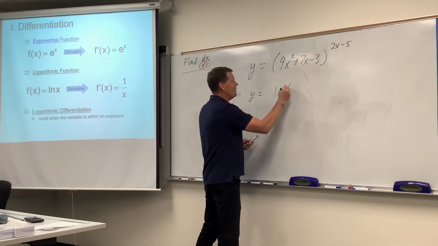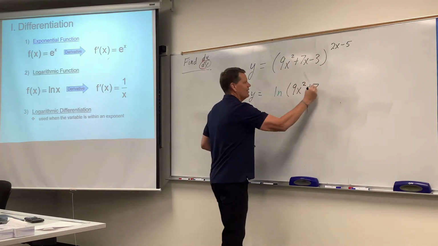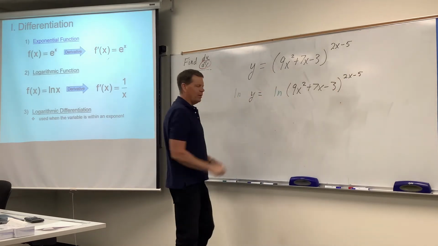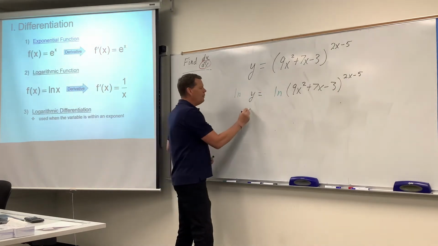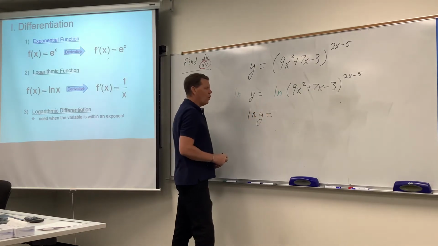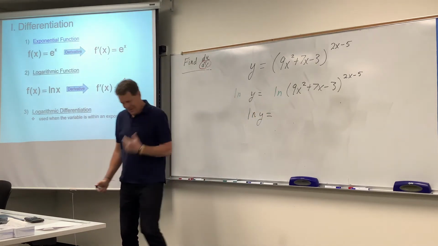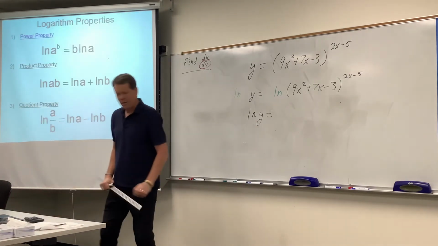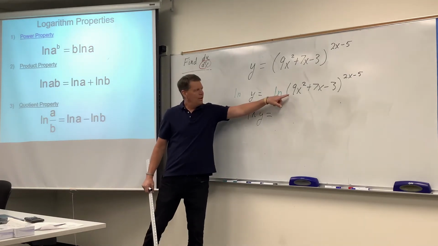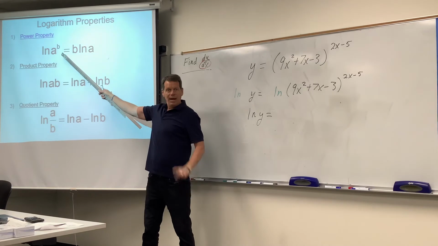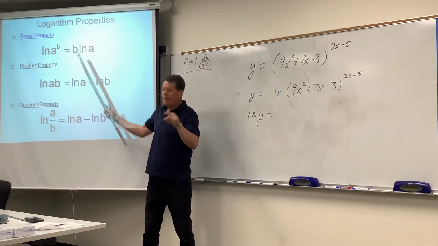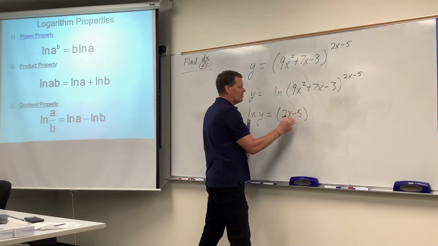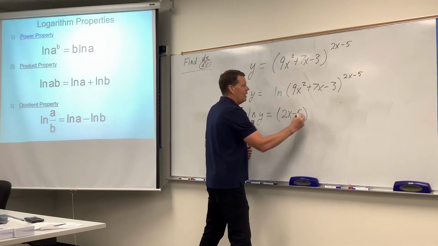I don't know, every time I see this I think, how ingenious. Because this person was obviously thinking ahead when they thought, what would happen if we applied natural log to both sides? Well, the left-hand side would remain natural log y, but the right-hand side, and this again is where I think the ingenuity came into play, this person goes, you know what? If you apply a natural log over there, you're going to have something to a power. And the properties of algebra allow you to bring that power down in front. So this now allows us to change this into 2x minus 5, bring it down in front, natural log,